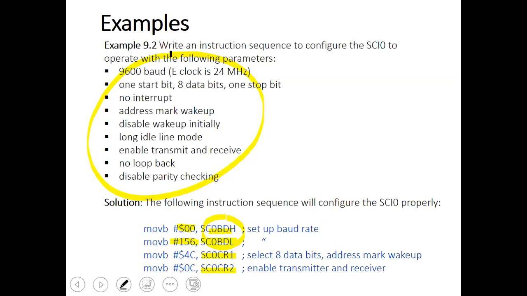C is 1, 1, 0, 0. The value stored in SC0 control register number 2 is 0C, so it is 0, 0, 0, 0, and 1, 1, 0, 0. So if you go back to these registers, you should be able to figure out whether the required features are